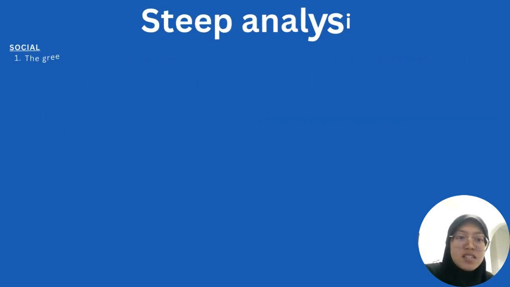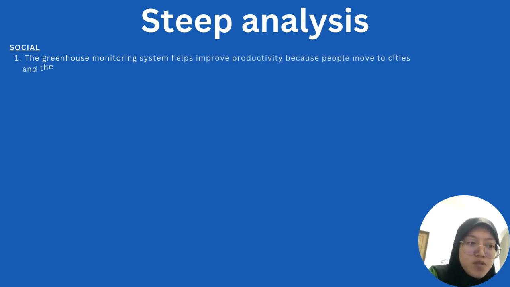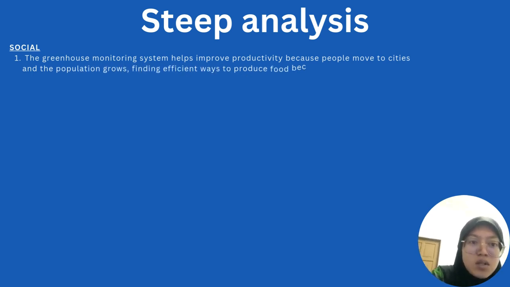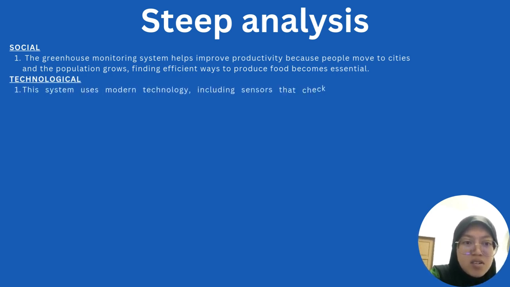The step analysis is in social. The greenhouse monitoring system helps to improve productivity because as people move to the cities and the population grows, finding efficient ways to produce food becomes essential. For the technological aspect, the system uses modern technology including sensors that check soil moisture and temperature, and an ESP controller